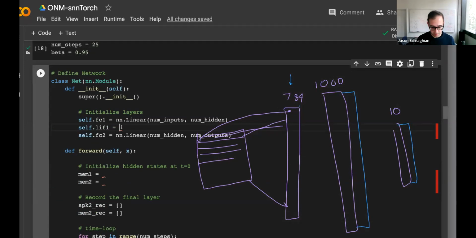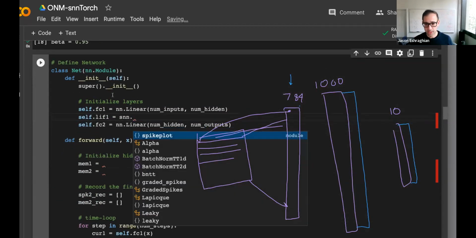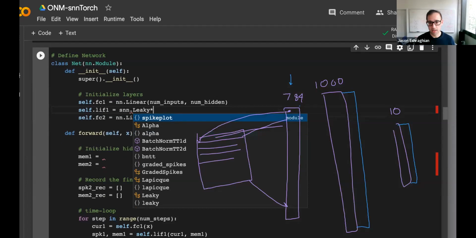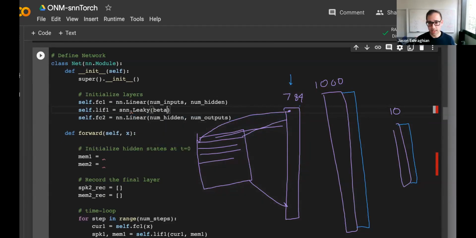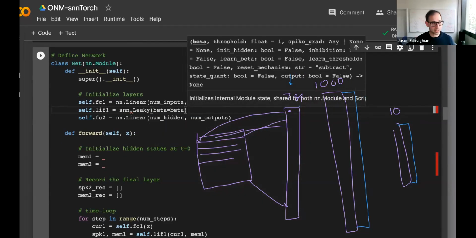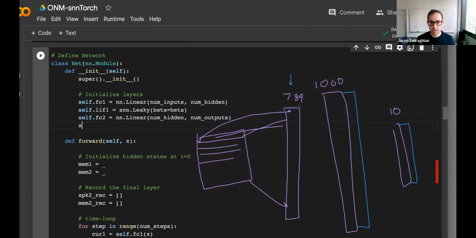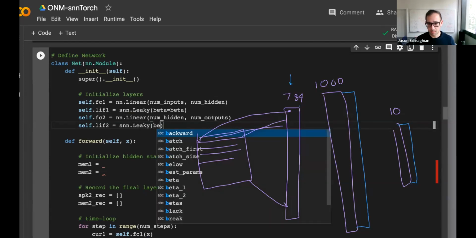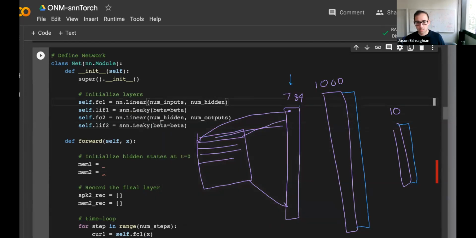So with the Leaky integrate and fire neuron, what am I going to do here? So exact same thing as before, right? My snn.Leaky, I've already defined beta to be 0.95. Then let's do lif2 equals snn.Leaky, beta equals beta. Now, what's kind of neat here is, so what we're going to observe is fc1 is our first fully connected layer. That's going to generate some activations. Those activations are used to trigger spiking in snn.Leaky.